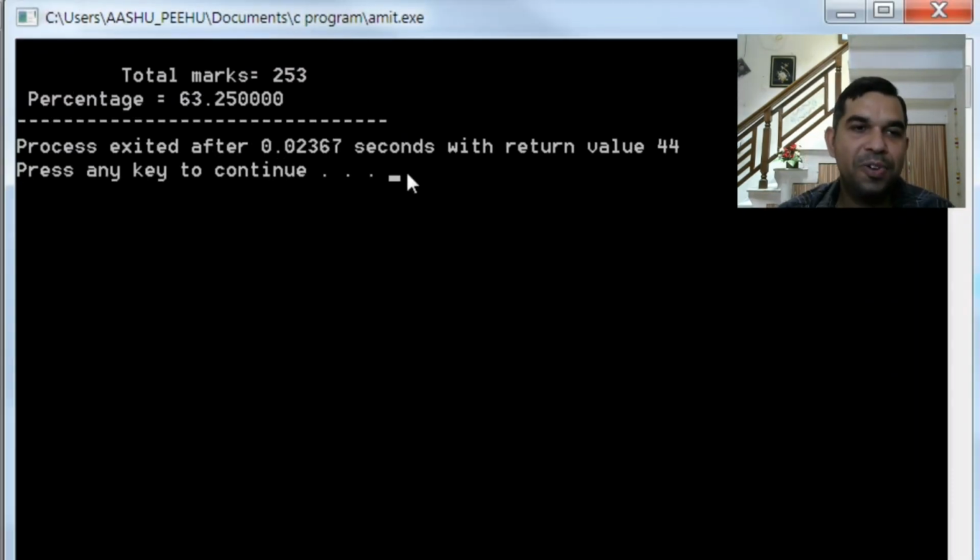So as you see on your screen, now we have total marks 253 and the percentage is 63.25. This 0.25 was neglected in the previous part, because when we have all integers in our expression, the answer is an integer. The decimal part is truncated there.